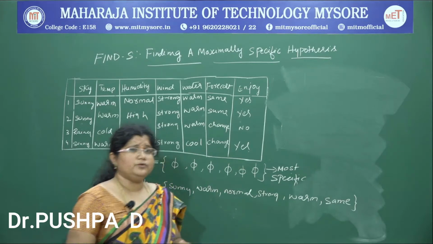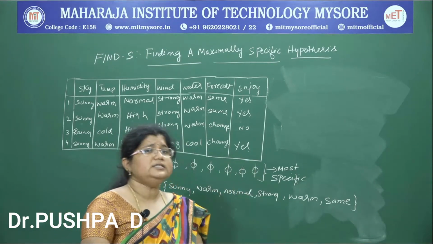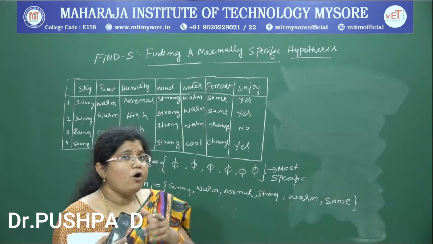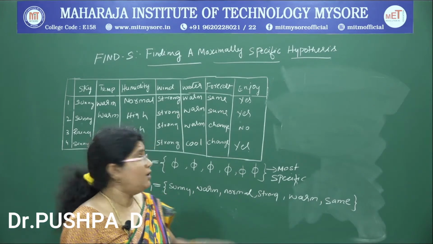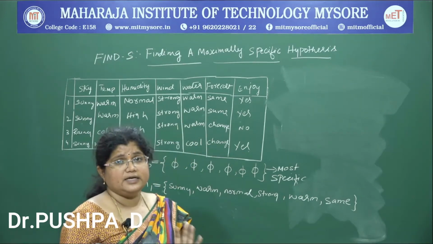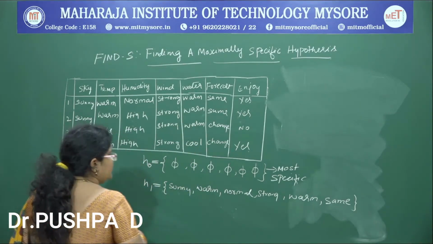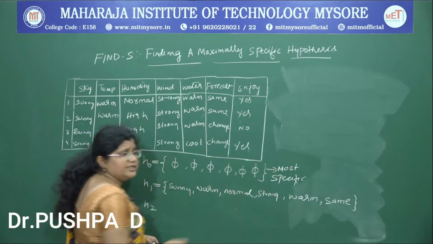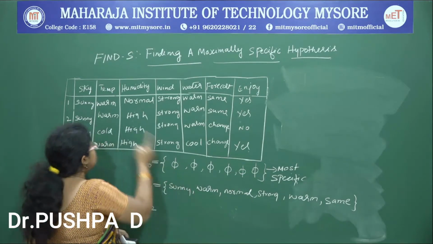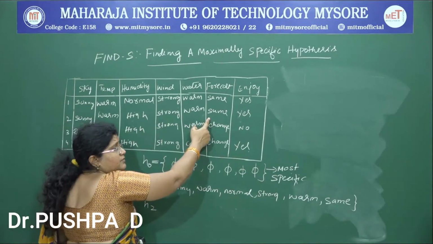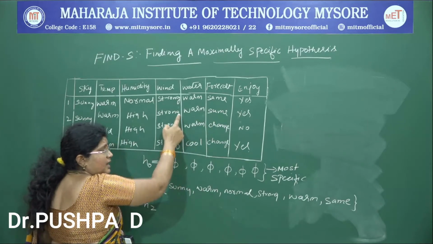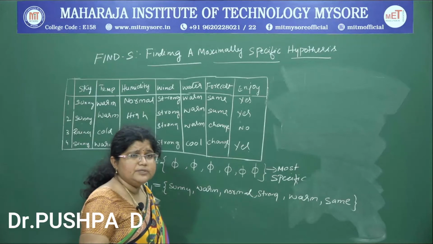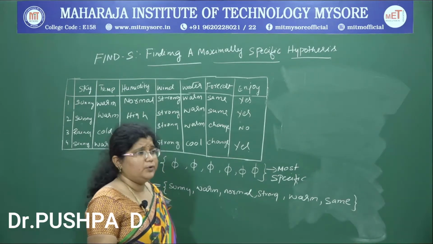So what we have to do is generalize this hypothesis once again, so that it can address all the positive training examples of a given data set. Because of that, comparing the newly generated hypothesis H1 with the second training example, which is a positive training example, the algorithm is going to generate a new hypothesis.